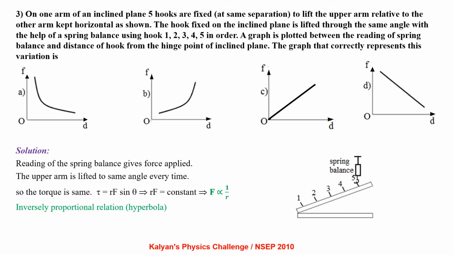On one arm of an inclined plane, 5 hooks are fixed at the same separation to lift the upper arm relative to the other arm kept horizontal, as shown. The hook fixed on the inclined plane is lifted through the same angle with the help of a spring balance using hooks 1, 2, 3, 4, 5 in order. A graph is plotted between the reading of the spring balance and the distance of the hook from the hinge of the inclined plane. The graph that correctly represents this variation is: